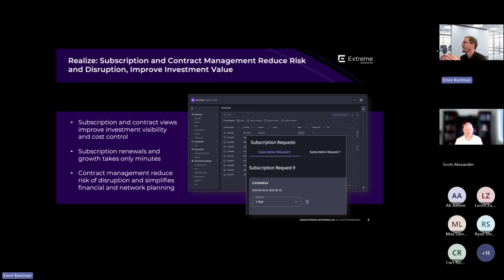But today, with Extreme Platform One, you don't need to go back and forth between different SaaS applications. You are in Extreme Platform One. All you need to do is find that particular device within your inventory and see whether or not it has an active support contract. So it's as simple as this, okay?